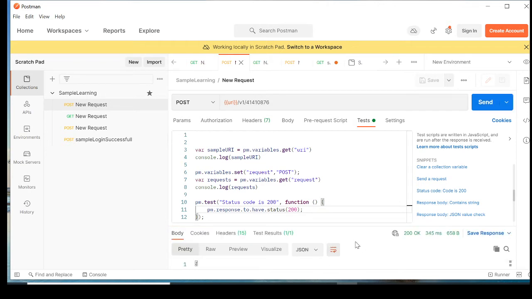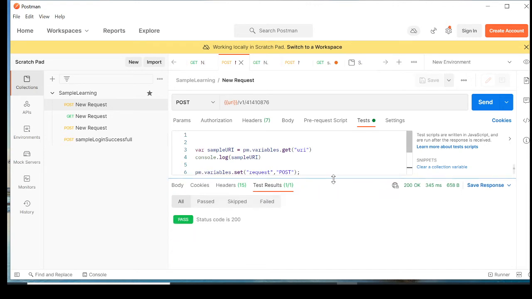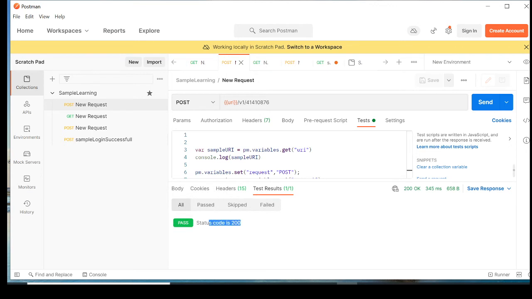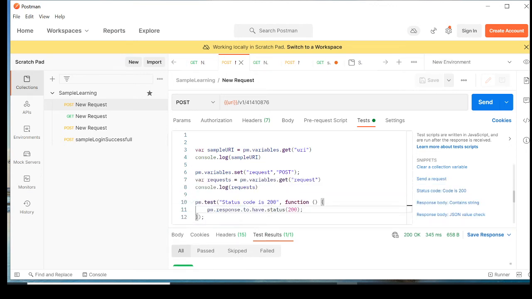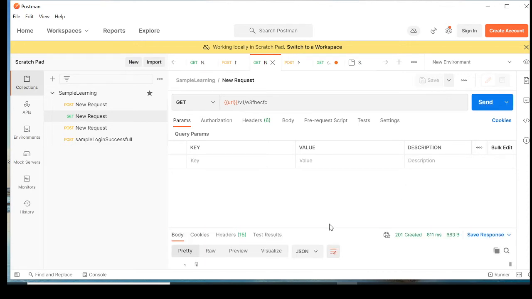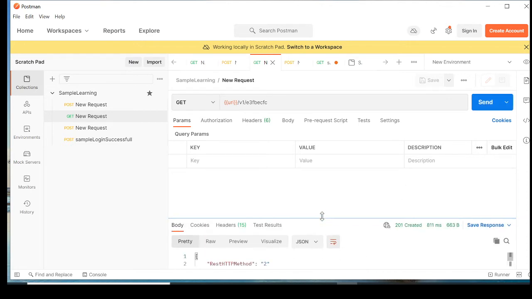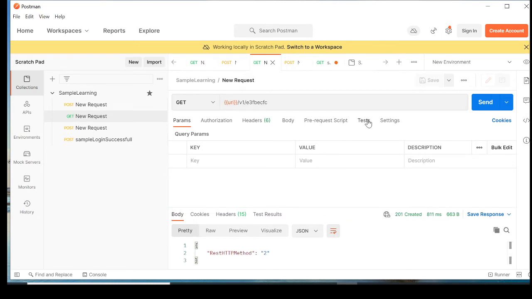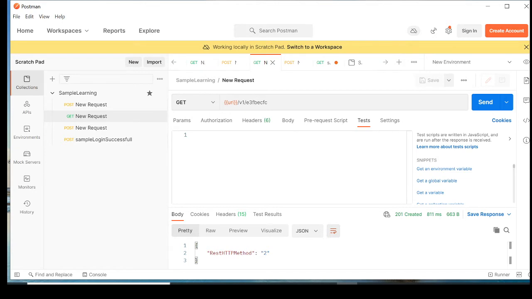See, everything has been fast, and it is also now showing you the test results. When you go to the test results, it says there is an assertion, and the assertion has passed, saying status code 200, right? Now you know the snippets. Suppose over here we are expecting 201, which is wrong, but I have just written it for the sake of it, because a GET request shouldn't return that. Status code should be 201.